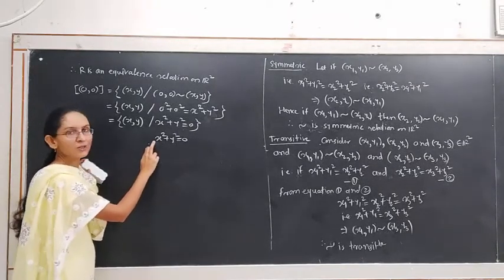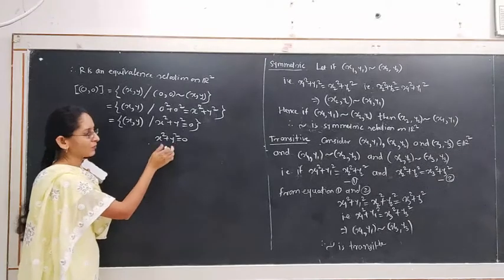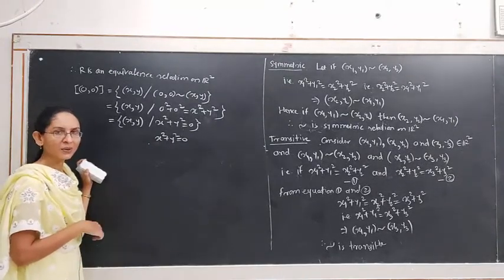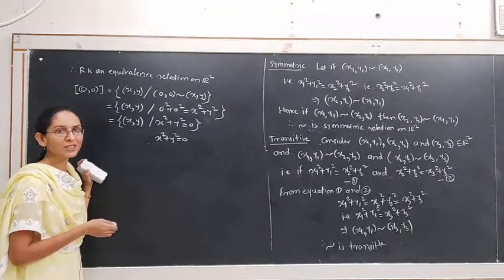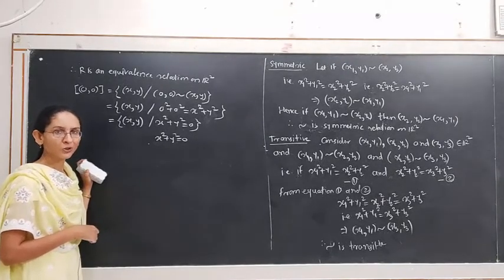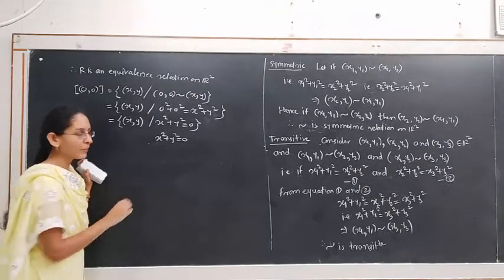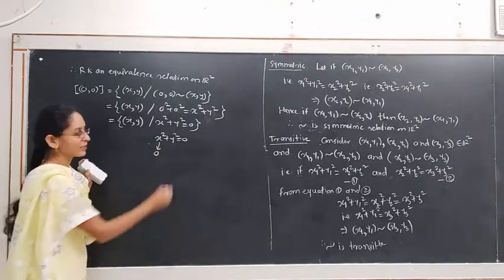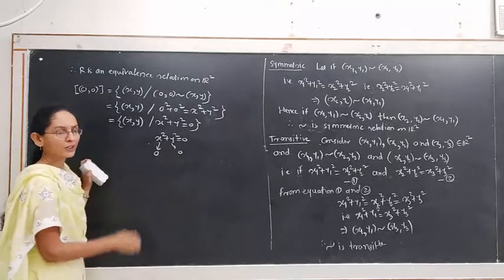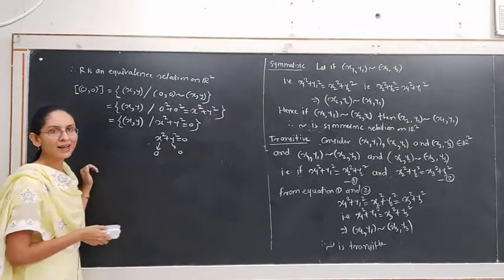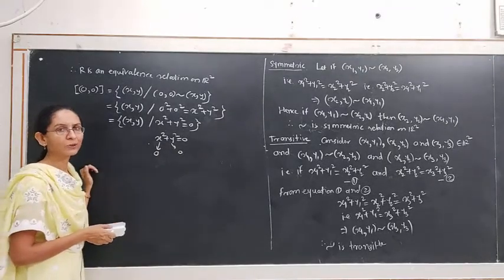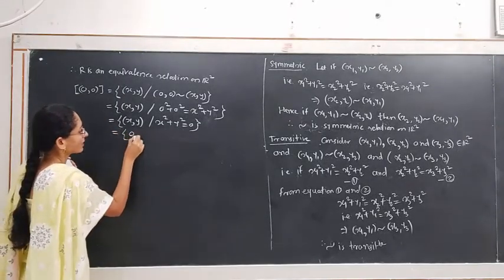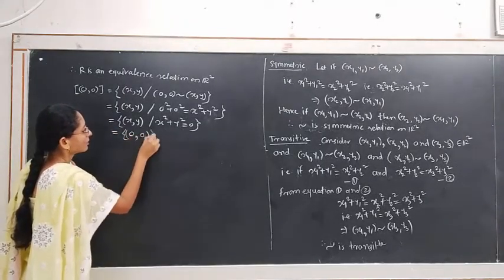This x square is also 0 and y square is also 0. This is the sum of two positive real numbers and it is equal to 0, hence both the numbers should be equal to 0. Those numbers are x square and y square, hence we have x square equal to 0 and y square equal to 0. From that we get x is equal to 0 and y is equal to 0. This is equal to the singleton set 0, 0.